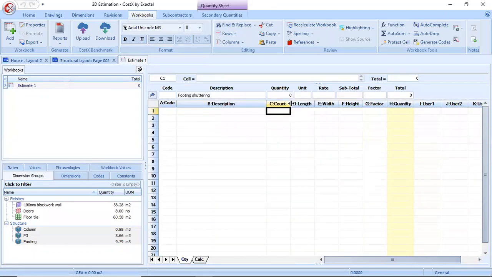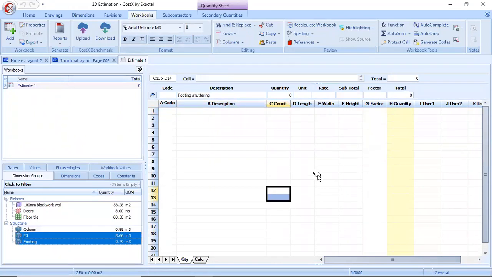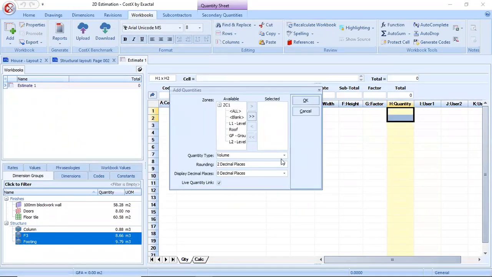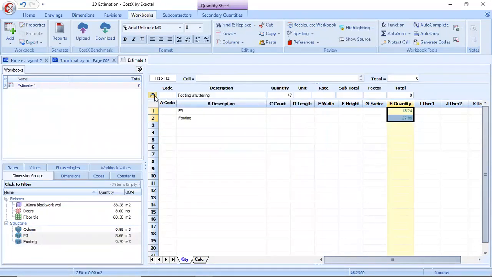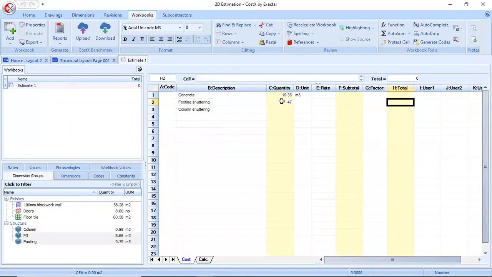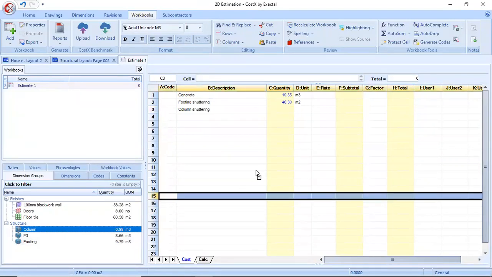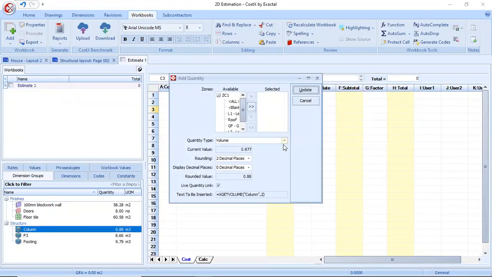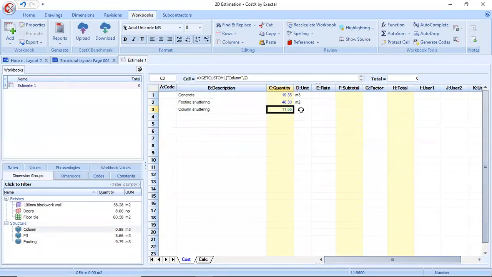Inside the quantity sheet, I include the footing shuttering just by dragging and dropping inside the sheet. I'll select shuttering here. The shuttering quantity is totally 47 meters square, and its unit is meter square. The same way, just drag and drop inside the quantity cell and choose the shuttering here. Now I have linked my quantity.